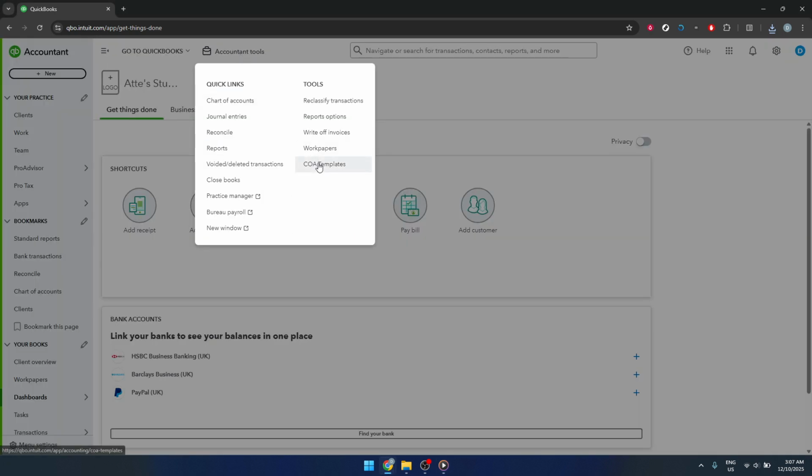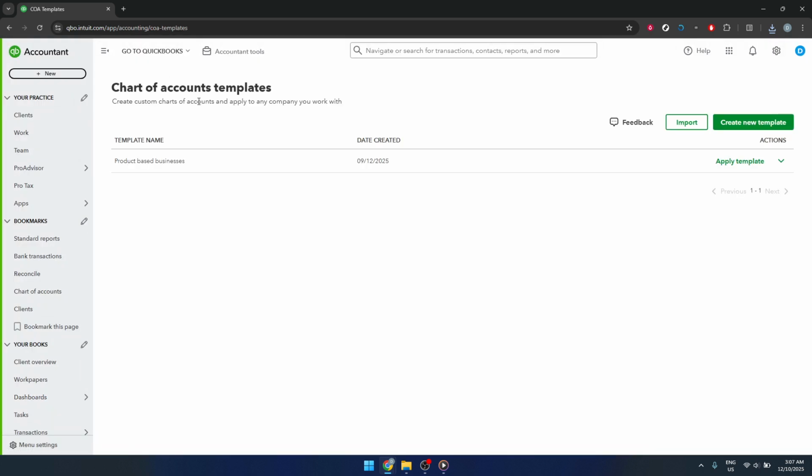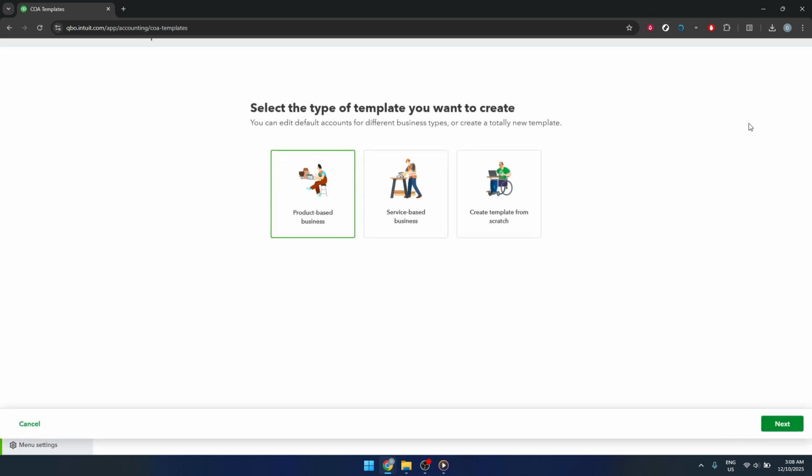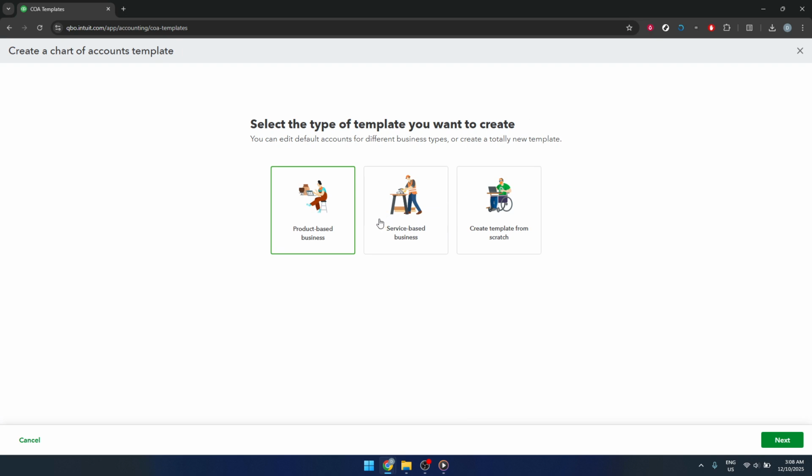This is the section where you'll build and manage reusable templates that you can apply to multiple clients, which can save a lot of time and help standardize your practice. Once you're in the Chart of Accounts Templates area, look for the button that says Add New Template. Go ahead and click that. This is your starting point for creating a fresh template that you can customize for a specific type of client